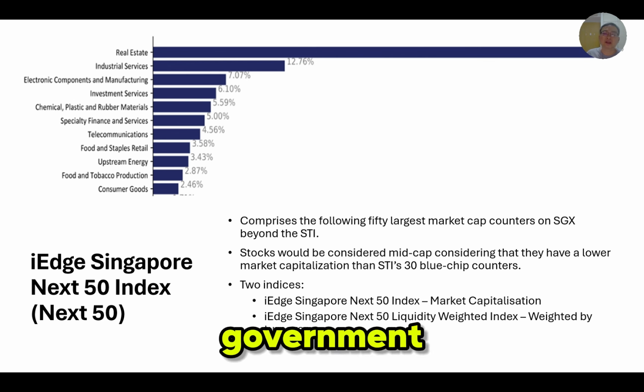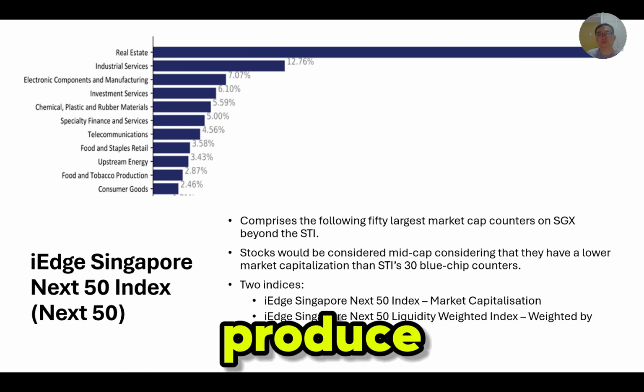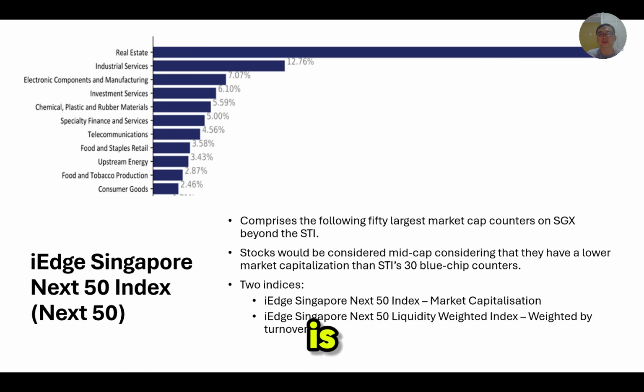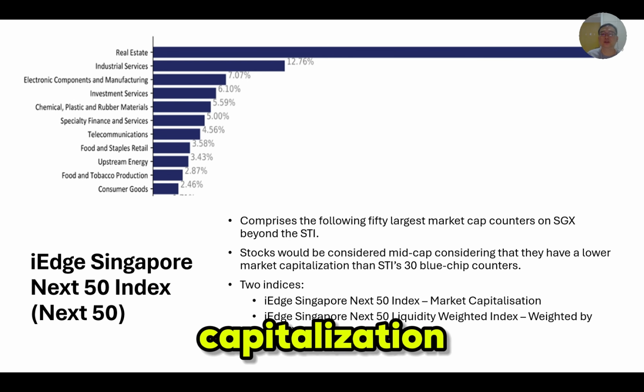And this is something which the government is trying to promote because with this index, money from family offices can then flow into our mid-cap counters, not exactly the largest counters in Singapore, but the ones who are on their way up, right? And SGX produced two indices. There is the market capitalization indices, and there is one that is weighted by liquidity. I'm not sure how valuable that is, but for me, I will just confine my discussion on the market capitalization